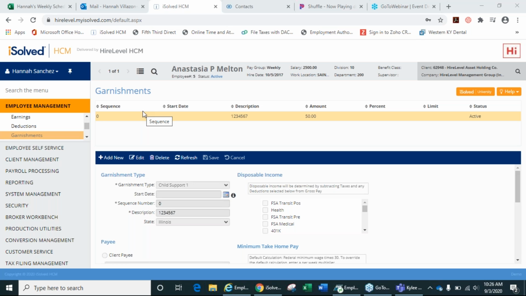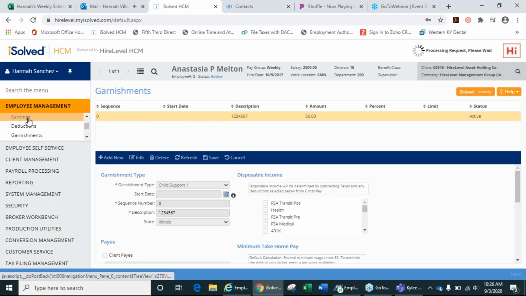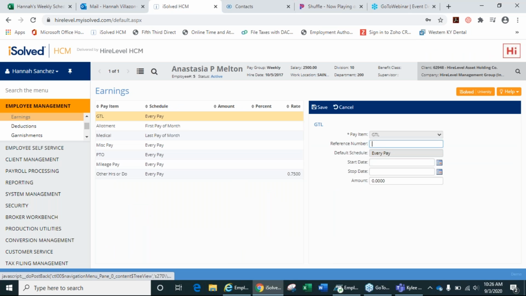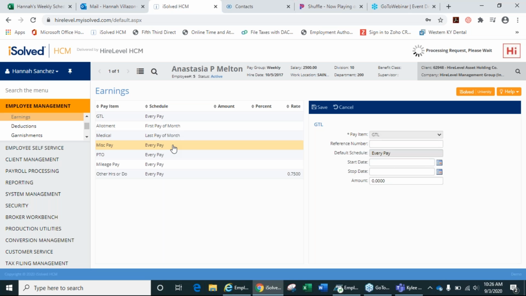Okay. So I pretty much have gone through the basic editing things for employees. We can also add different types of earnings for them. So let's say you want Anastasia to get a miscellaneous pay every single pay. Okay. So you'd come in here and you would put the amount you want her to receive